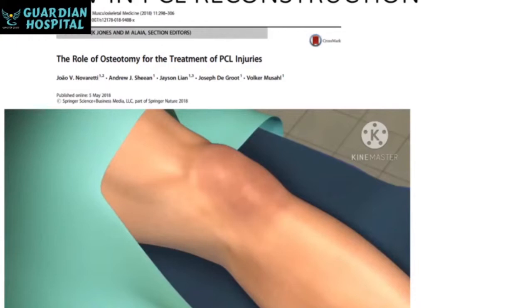So these are a few pictures. On the left side is the normal synovium, which is covering the fat pad and ACL, and is only on the meniscus part. On the right side there is hemorrhagic synovium. Whenever there is some injury, your synovium looks like this. This is a case of rheumatoid where the synovium is hypertrophied and hyperemic, and some of the color has changed. Normally the synovium is transparent, but here you can see it is red in color.